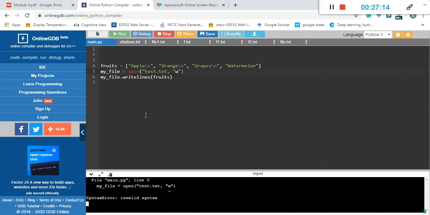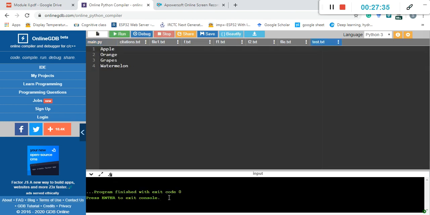So when you try to run the code, we will see that there is still some error because we have given some space over here. We will eliminate that space. Then you will get the complete contents of the file. Still there is a syntactical error because we have not closed the string here. Sorry for that. Okay. See here, apple, oranges, grapes.